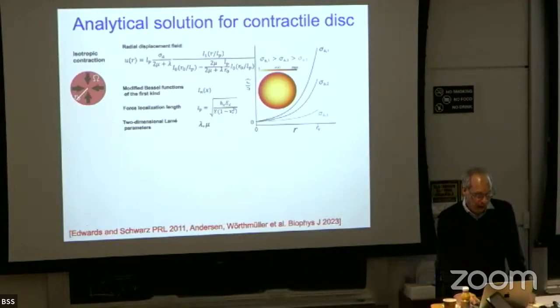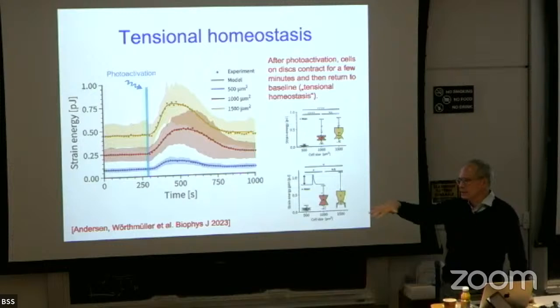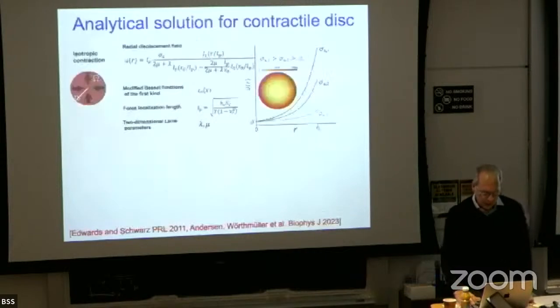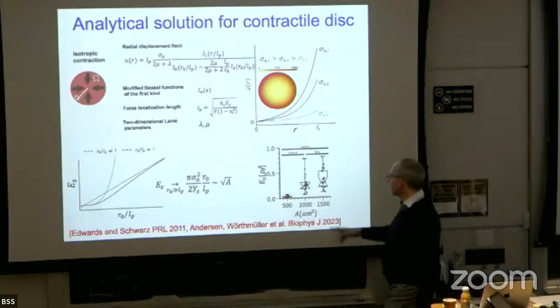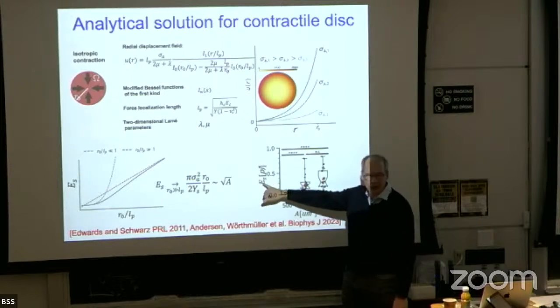Good question. So basically now we see that we go back to baseline. And for us, this means it's an elastic model. We chose the Kelvin-Voigt model I showed you, which is still on the blackboard, right? So we chose this to analyze the system. And we can do some calculations. And this is really an analytical calculation with special functions. We can show that the area and the strain in the substrate should scale with the square root. Of course, with 3 points, we can't be sure, but at least the third point is a little bit lower. What I want to point out here is the energy in the substrate,